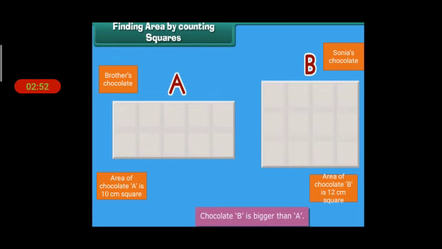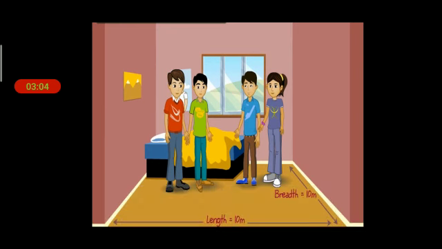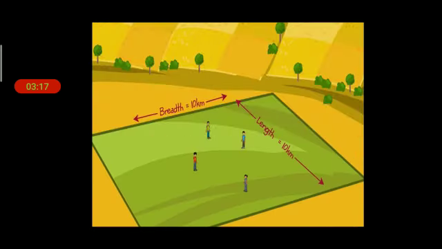But students, the problem which you have studied was solved only by drawing the boxes in it. But what could be done if you are asked to find the area and the perimeter of bigger dimensions, like your room or a playground? Then definitely it is going to be a problem for you. So students, we are going to find some formulas to find the area and the perimeter of figures. So moving on.